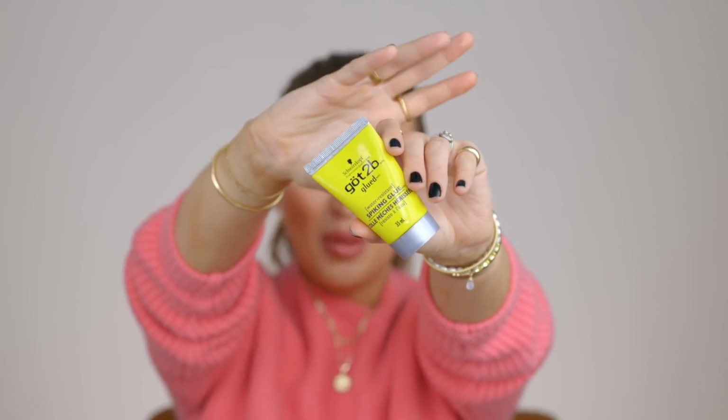So the Benefit Ka-Brow, that was huge. And then for gels, the Vanessa Brow Hack, guys, the Got2b water resistant spiking glue. This has been the best brow discovery ever. The most affordable random dupe to any brow gel